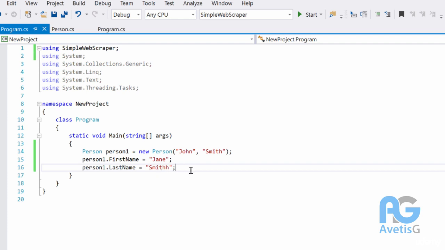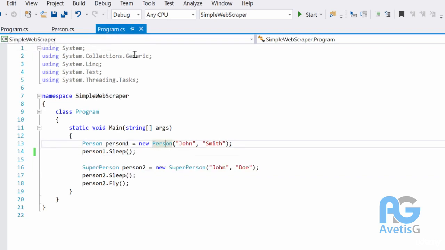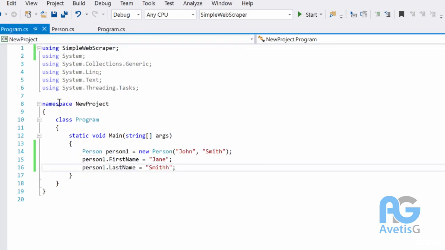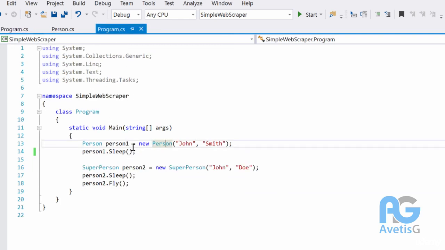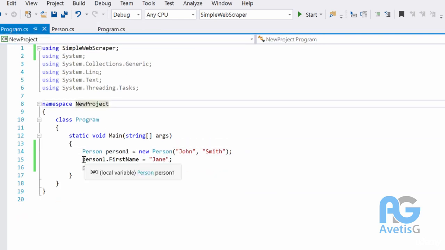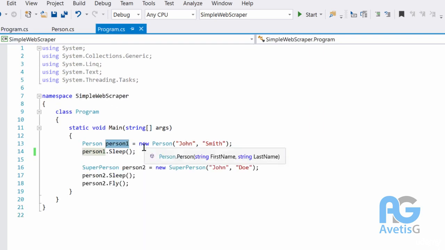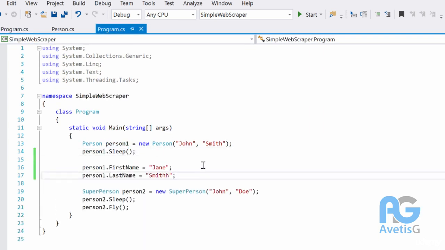How about that? I'm very creative today. So then if I go back to the program, which is in Simple Web Scraper, see, the namespace will tell you where you're at. So here I will also kind of just copy this. I just want to show you the access specifier change that we're about to make.